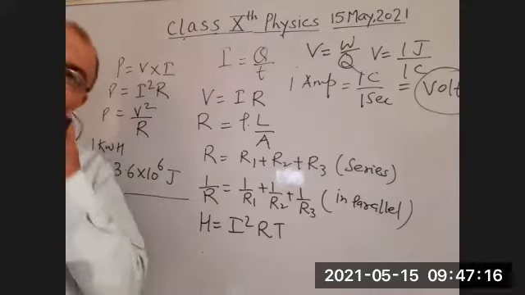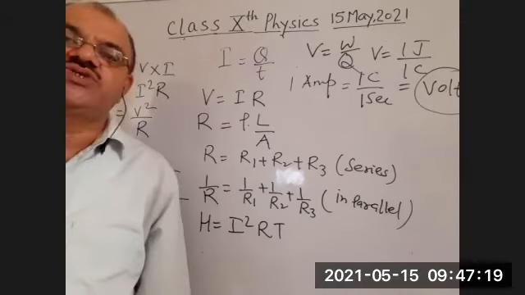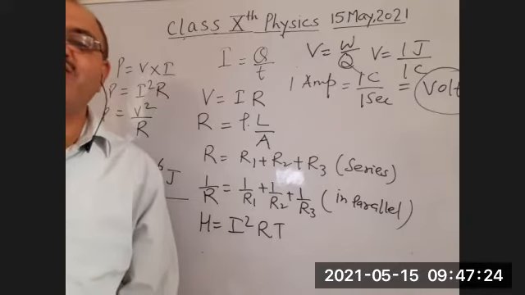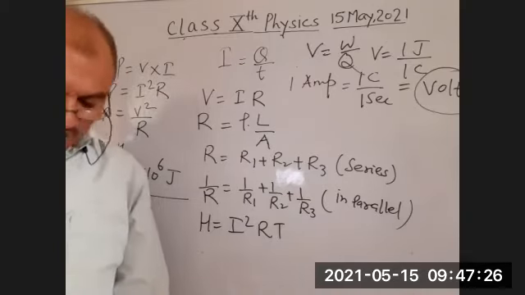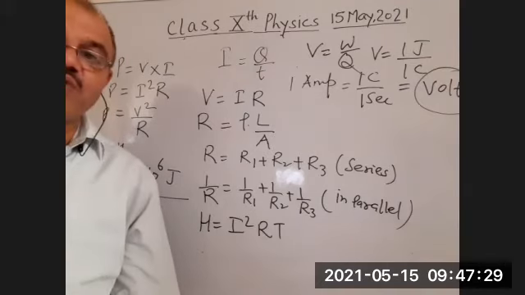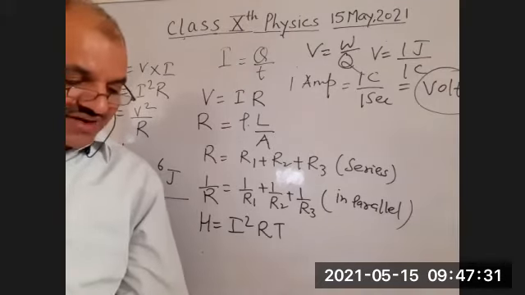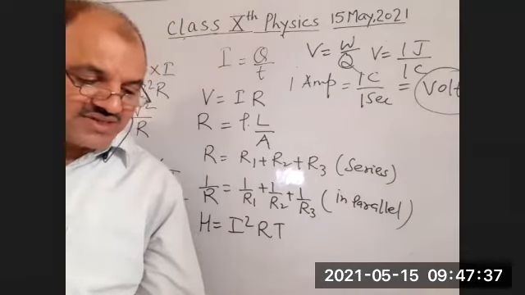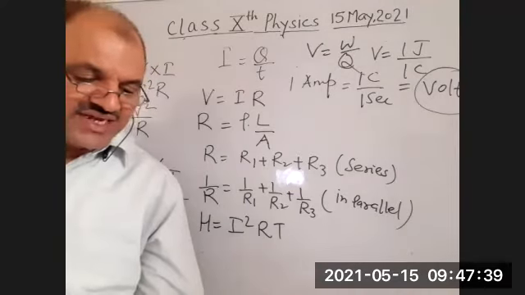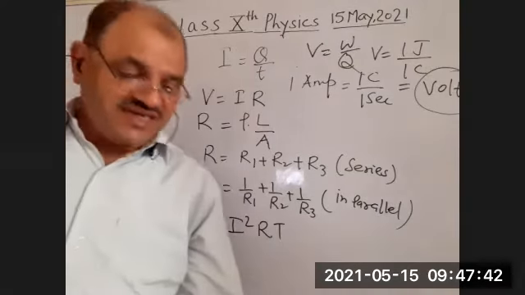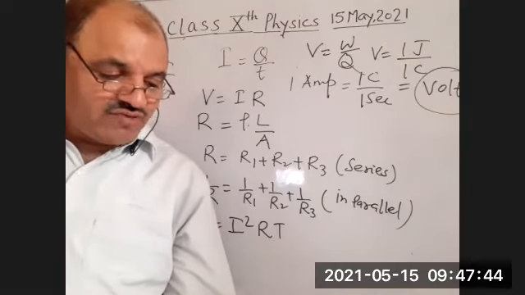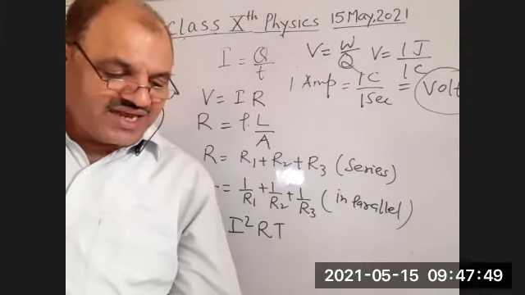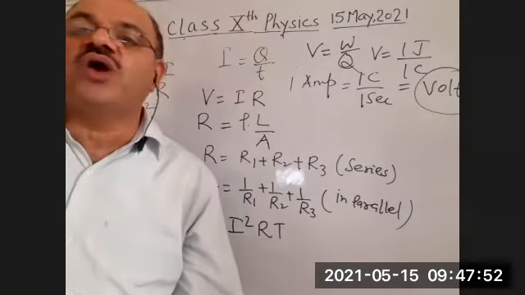These are given on page number 221 and 222. So we'll continue with those questions. Students, I read out the statement of question number 1. It says that a piece of wire of resistance R is cut into 5 equal parts. These parts are connected in parallel. The equivalent resistance of the combination is R dash. Then the ratio of R to R dash is.